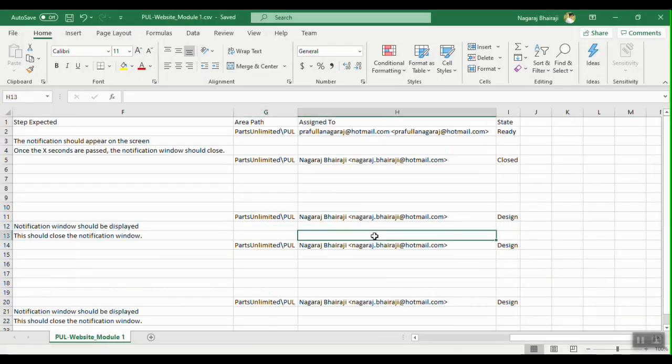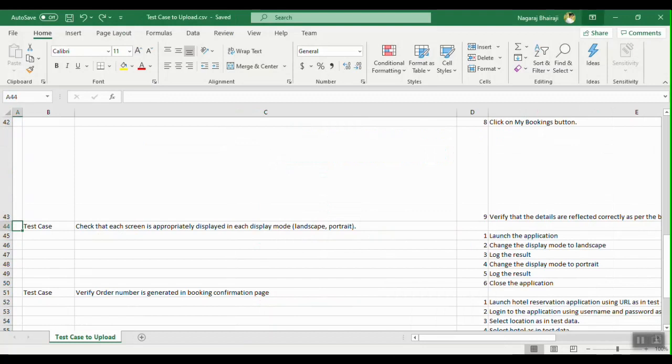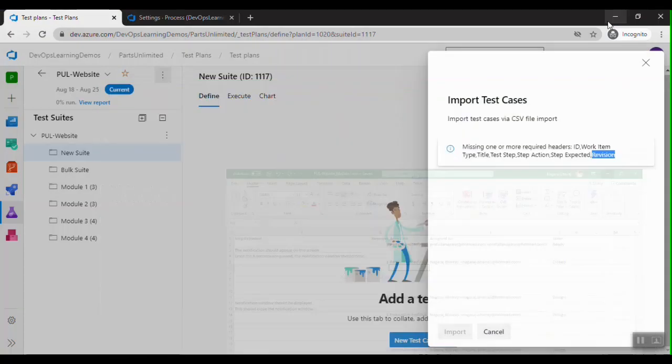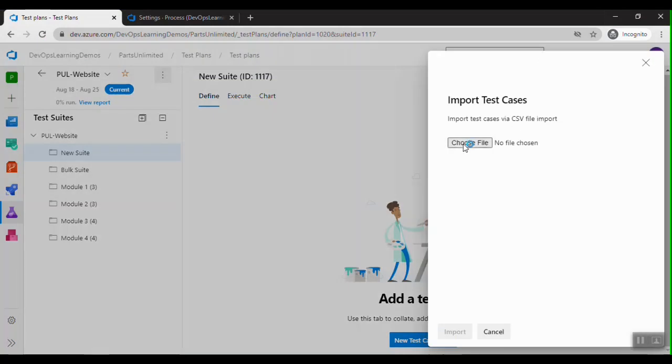So let me revert the things. Okay, let me have the revision column, and now let me try to upload again. Let me click on import. You can see we still have errors, but maybe a few test cases would have imported.